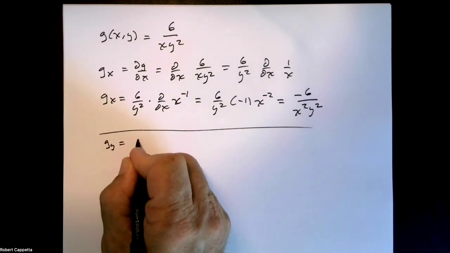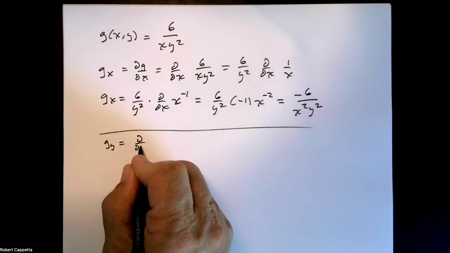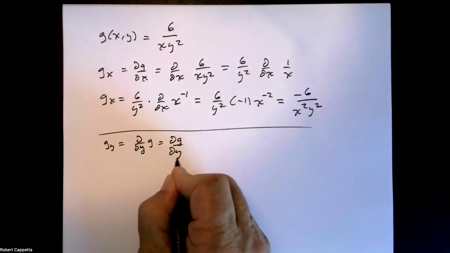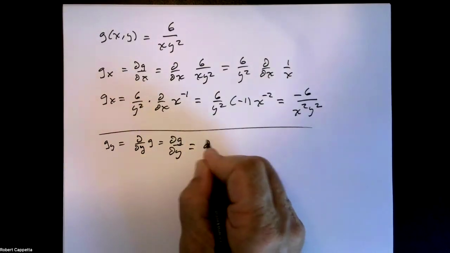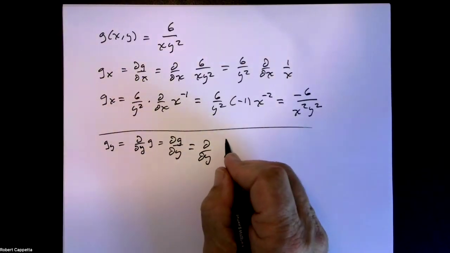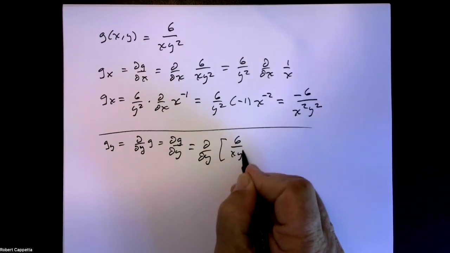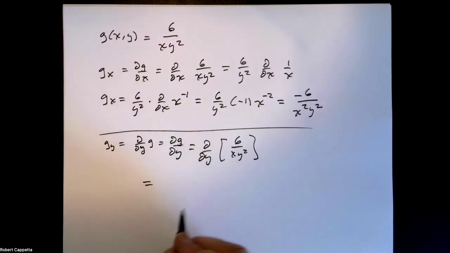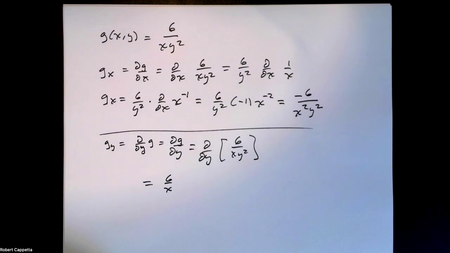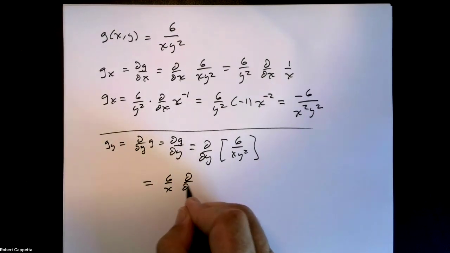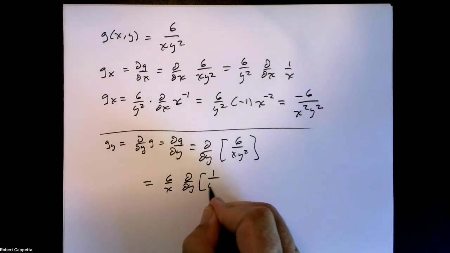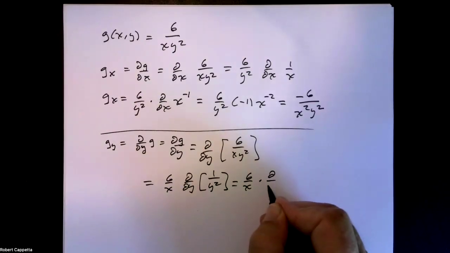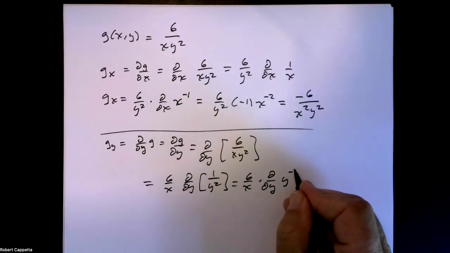g sub y, the partial with respect to y of g, which is the same as partial g partial y, just getting used to the notation, is the partial with respect to y of 6 over xy squared. Now, x is perceived as a constant, so I can pull the 6 over x out in front. So we have 6 over x times the partial with respect to y of what's left here, 1 over y squared, which is 6 over x times the partial with respect to y of y to the negative 2,